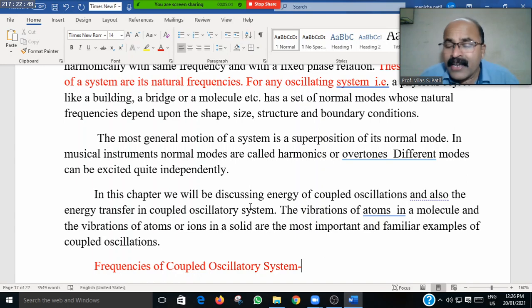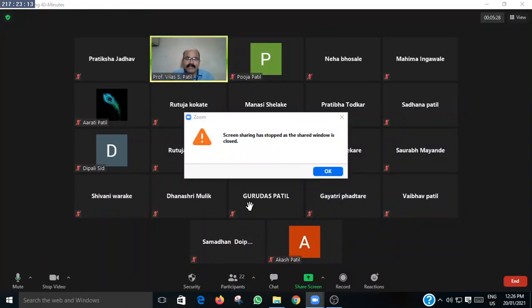the atoms in molecules, and the vibration of the atoms and ions in a solid, are the most important, familiar examples of the coupled oscillatory system. We know that in a bridge, in a building, the materials to be used are steel, cement and stone. And we know that if an external energy